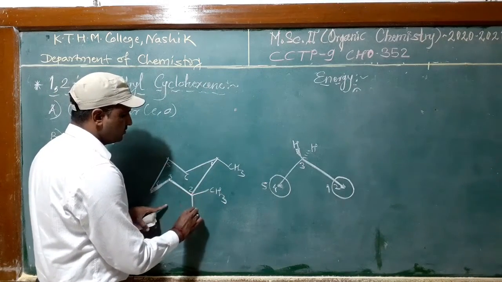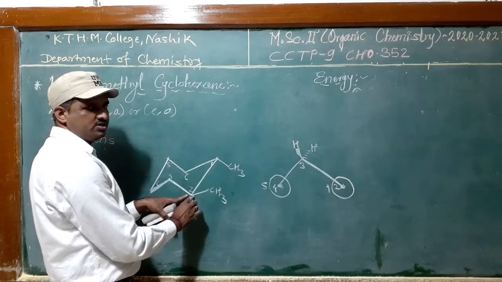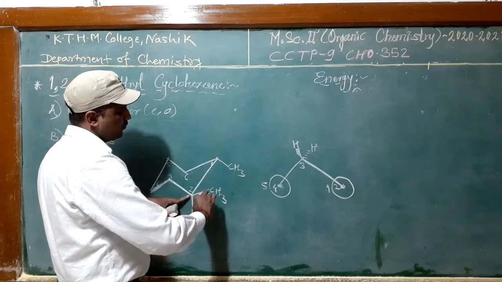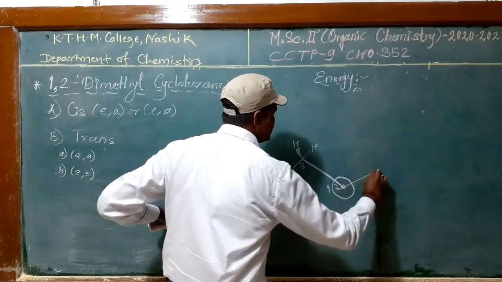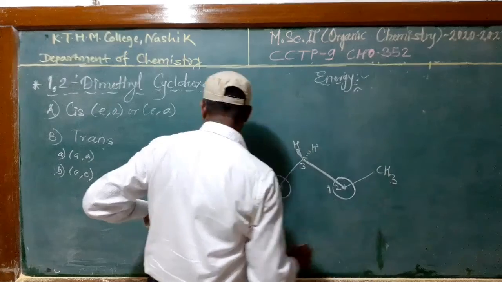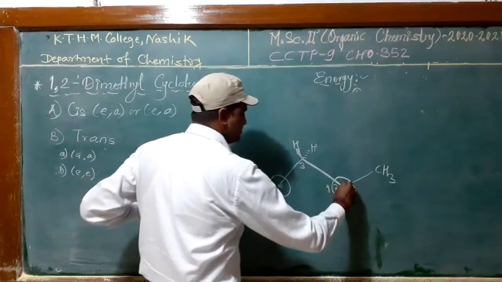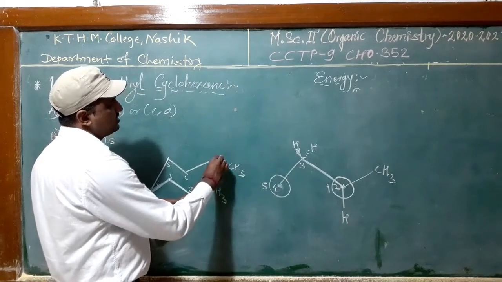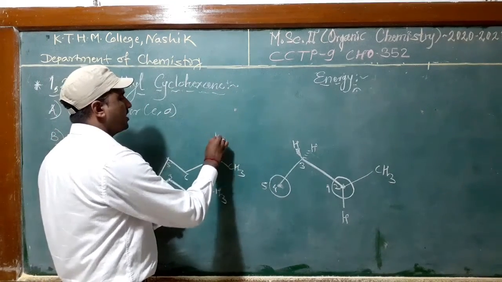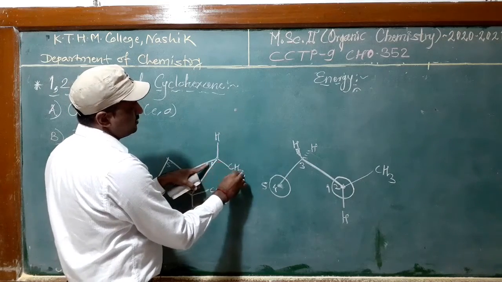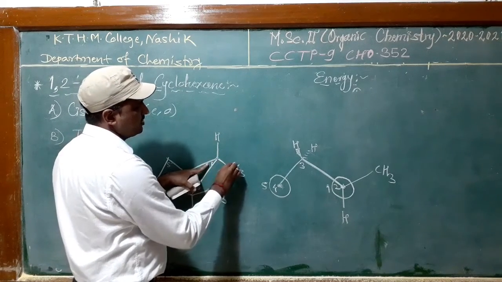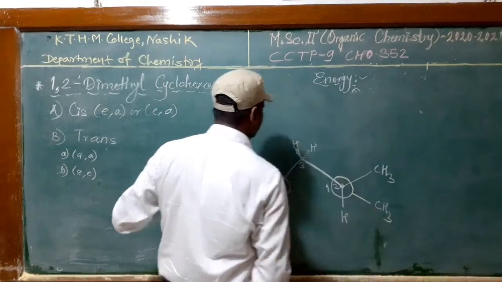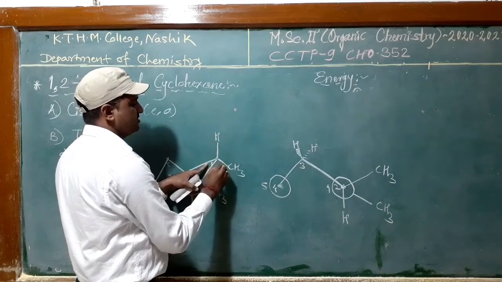Substitution. Look at the first substitution over this carbon number 2. Carbon number 2 has an equatorial CH3 group in the upward direction on the right hand side, and a hydrogen in the downward direction, like this. Its backside carbon is carbon number 1. This carbon number 1 has an equatorial CH3 group in the downward direction on the right hand side, like this, and a hydrogen in the upward direction,